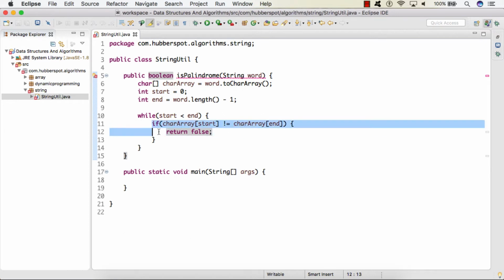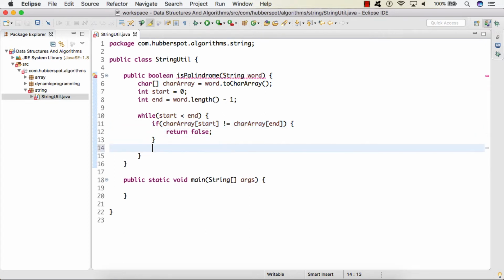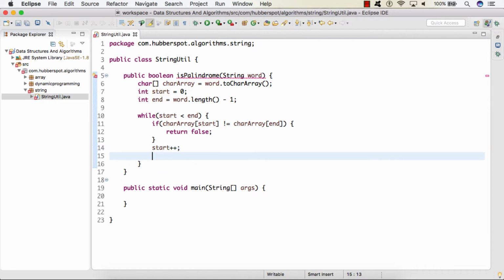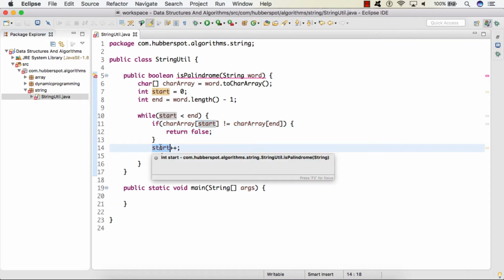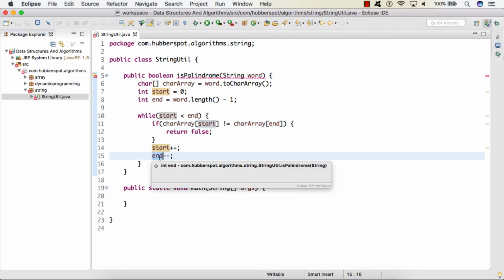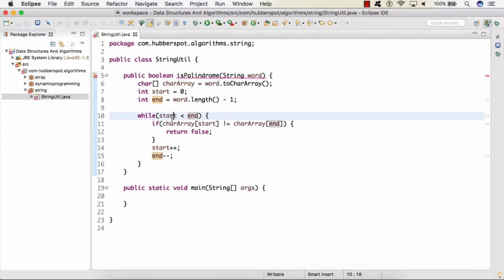So friends, after doing this first comparison, what we do is we move start a step ahead and we move end a step backward, so that after comparing this, we compare the second character with the second last character, then the third character with the third last character, and similarly till start meets end, because we are incrementing start and decrementing end.